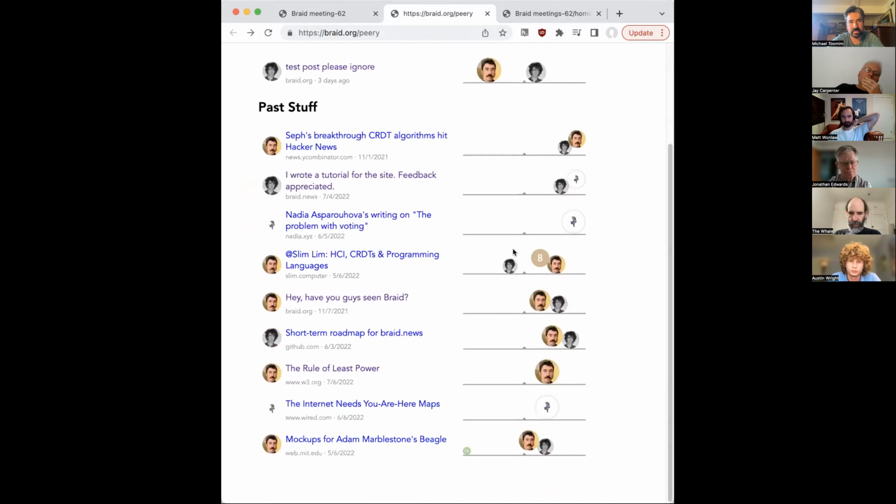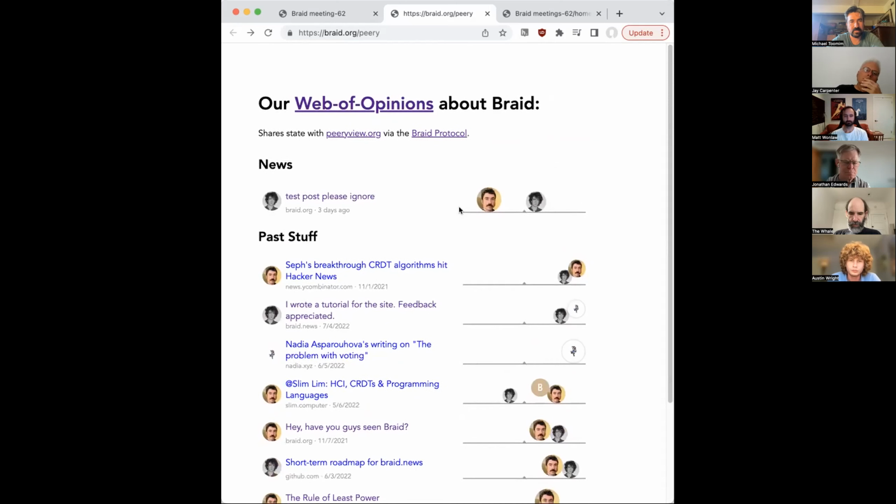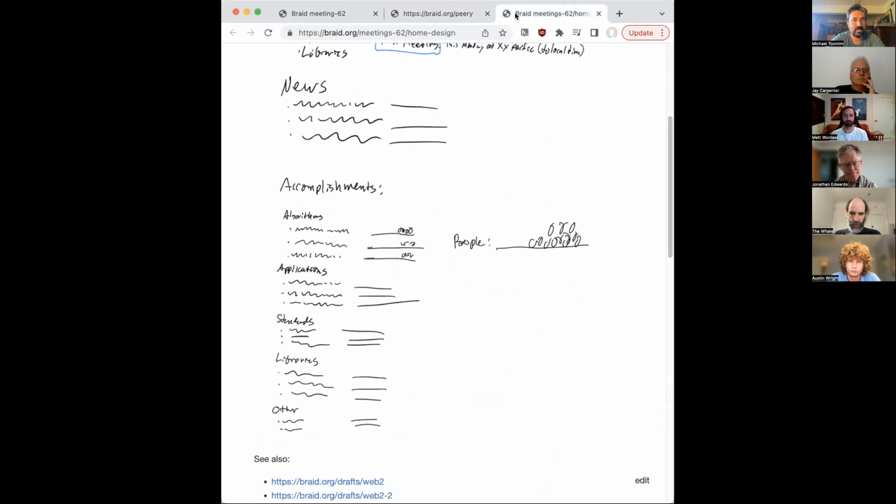This is read only, but it's grabbing all of those items and showing all of the votes and the rankings on it. And so the idea is that we could all have some weight, and we'll weight up each other, or if you want to bring someone new into the community, you can drag them up and give them some weight. And we're all just voting on stuff that we think is cool and well represented or representative of our work. And that way there's no single person deciding what all is going to be on the homepage.